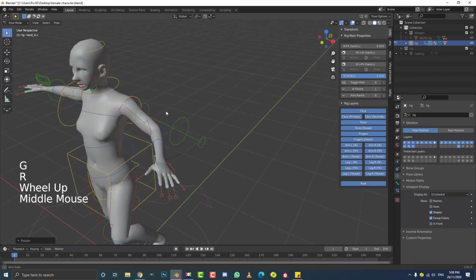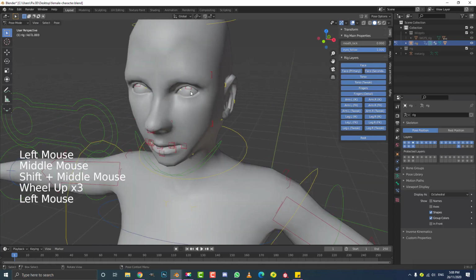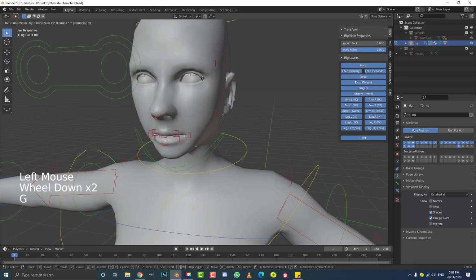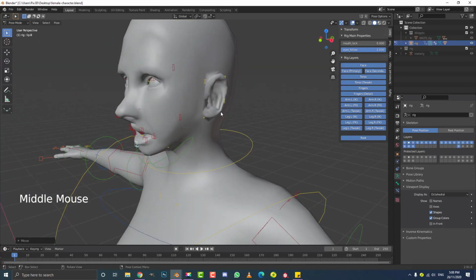And here you can see it. So have fun playing around with some of these controls. The facial ones for the eyes here are pretty good. Like I said, you could refine the weight painting, and there's a ton of videos on weight painting in Blender, so I won't cover that in this tutorial. But I hope you guys are able to now understand Rigify a little bit better, especially in Blender